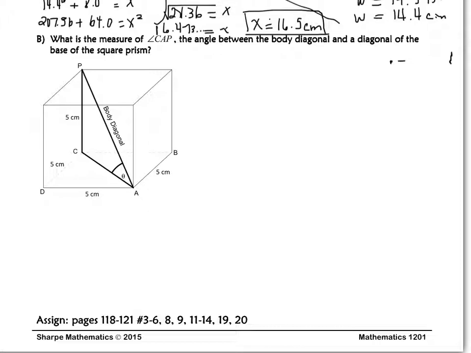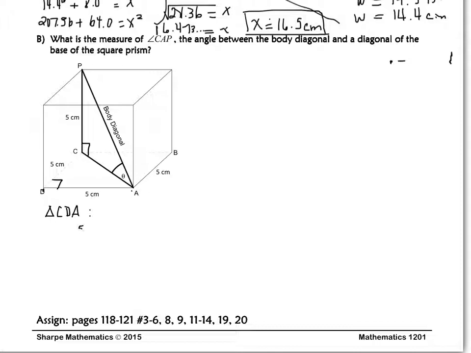And again, you don't have all the information you need in that right triangle, and that right triangle PCA would have a right angle right here. But we again don't have enough information in that triangle, so we're going to have to take something from one of the other triangles that has something that we can use in the triangle we want to use. So I'm going to look at this one down here, C to D to A. This would be a right angle right here. So if I look at triangle CDA,